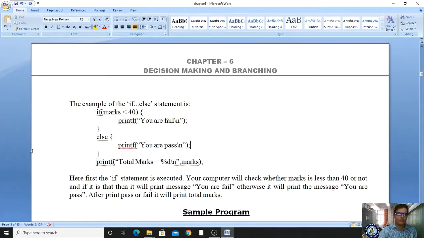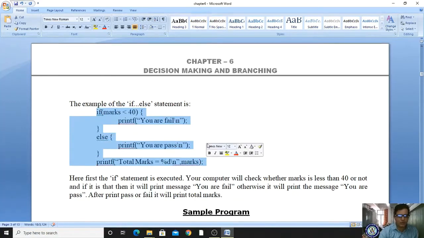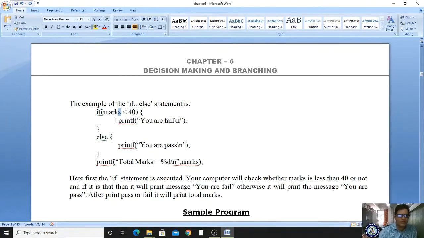Clear? Yes. For example, let us assume this program, if I enter 30, less than 40, is the condition true? Yes, this will execute and display fail, and it will skip the else block, and the rest will display the total marks. Got it? For example, if I run the same program once again, this is only for your understanding purpose. If I read the value as 60, less than 40? No, false. Hence it will come to the else block and give you are pass. Afterwards this printf statement exists, right?